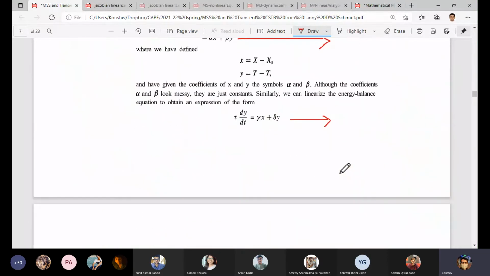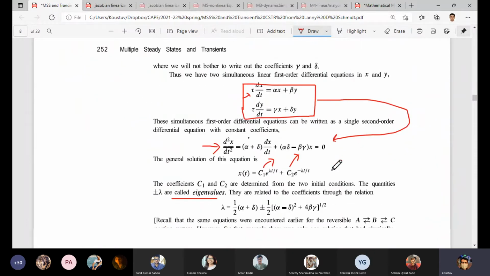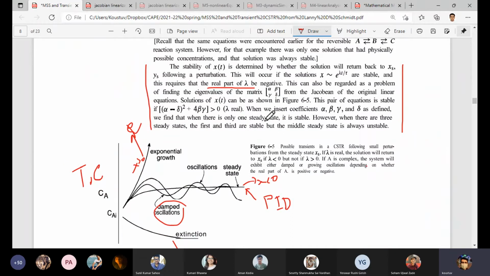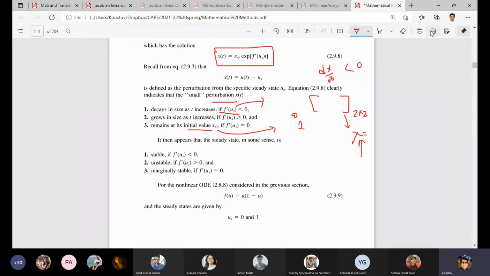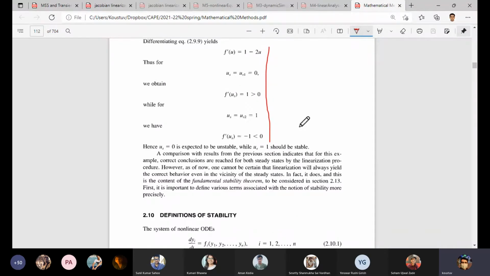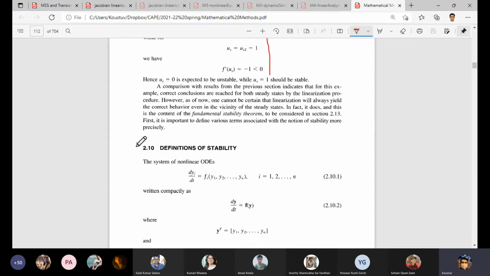So we can easily see that just by checking the value of lambda, what it means, and based on that we can say whether it is stable or unstable. So this is very much important. And some more thoughts or some explanations, I would call some more important reading. If you can do it on your own, it will be good.